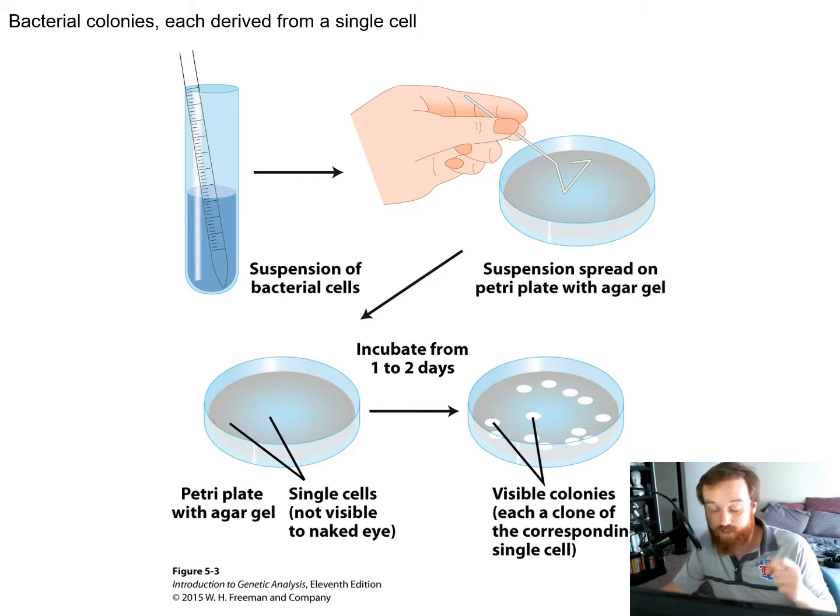And we also want them all to be derived from one cell, because if we are cloning a gene, we want to have a large number of bacteria that all have that gene in it. If they don't have that gene in it, that's going to be a problem. It's just wasting our time and diluting our samples. So